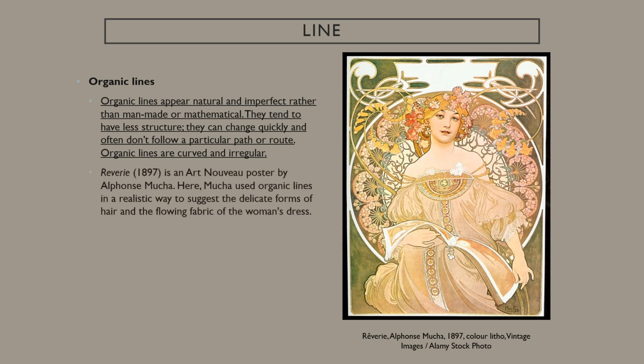So this is Art Nouveau. This is a movement that was right before and kind of overlapped with the Art Deco. So the rigid geometry of Art Deco was kind of a response to this flowing naturalism of Art Nouveau. So Alphonse Mucha in this piece uses organic lines to suggest these delicate forms. And so organic lines kind of give that sense of flowing, make fabrics feel soft, make flowers feel more natural,